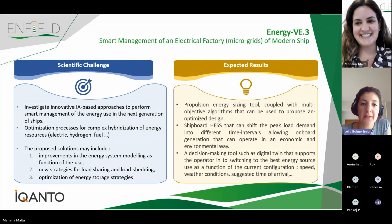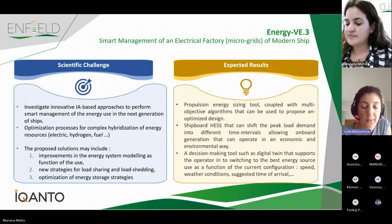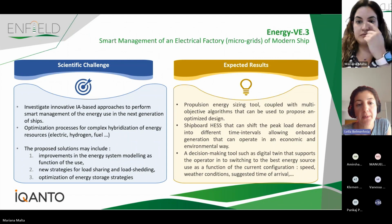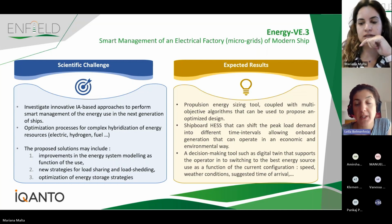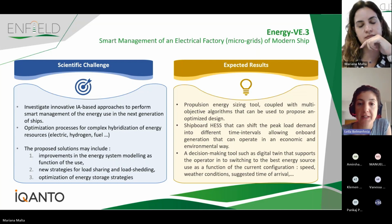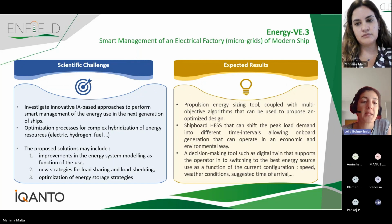So hello everyone. I'm Leila Belmania. I'm an R&D project manager at Predict Icanto, so it's the same group. We propose for this first innovation open call a topic related to the management of energy systems in the next generation ships. So basically, we want to investigate AI approaches to perform a smart management of the energy use